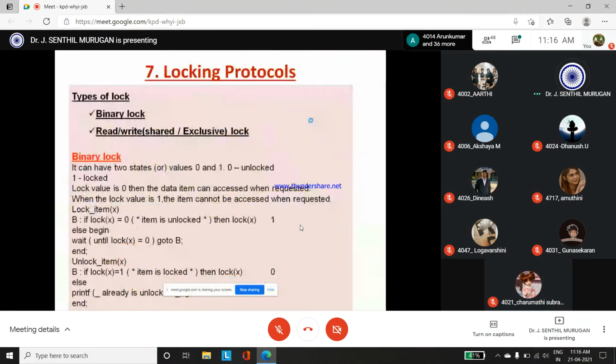Okay, so next, locking protocols. There are different types of locking. We will see the first one, that is primary and read write. In read write we have a shared or exclusive lock also, which is inbuilt in the read write, right? Okay, so binary. Suppose